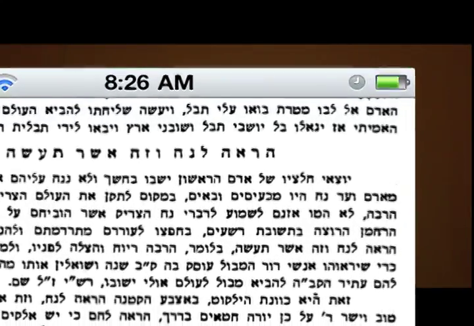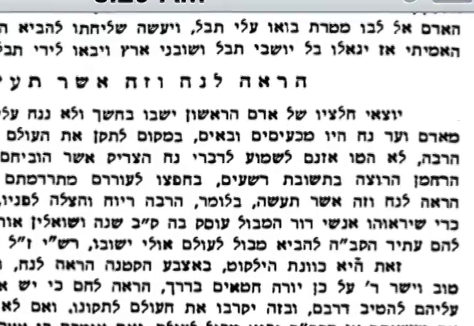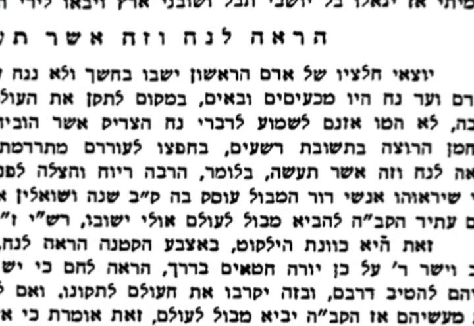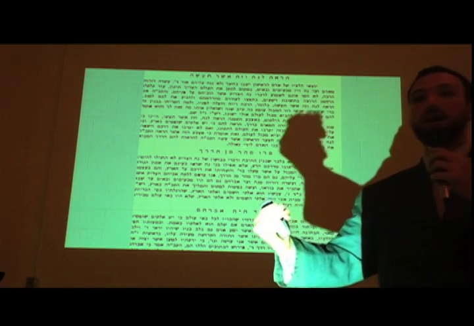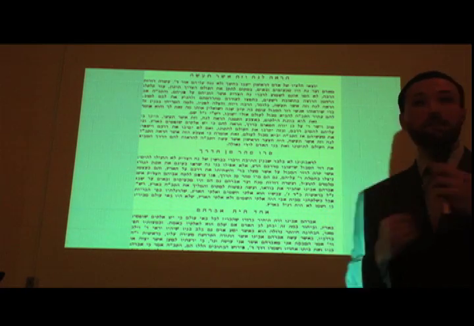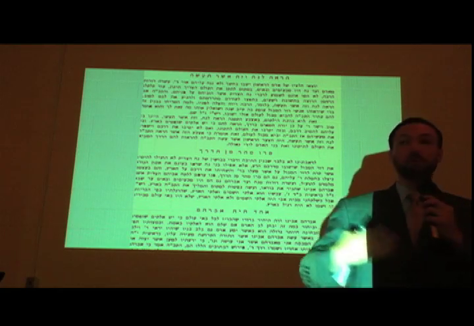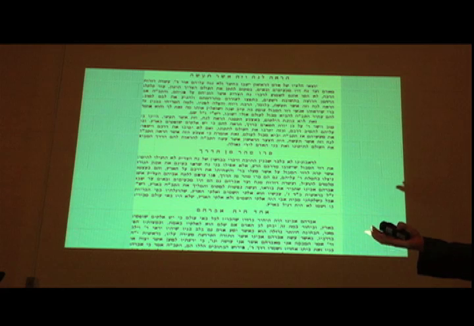And it starts off with such a beautiful teaching. It says, Yotzei Chalatzav Shel Adam Harishon. The descendants that first came from Adam, Yeshvu B'Choshech, they sat in darkness, V'Lo Nah Aleihem Or Hashem, and they didn't have the light of God. And he starts off with this beautiful teaching about how through the 10 generations from Adam to Noah, and then from Noah to Abraham, the civilization developed and people came closer and closer to the awareness of God. And I can sit and study hundreds of pages from hundreds of thousands of books. It's endless, the access that I have to libraries.